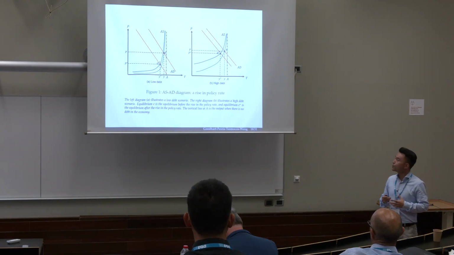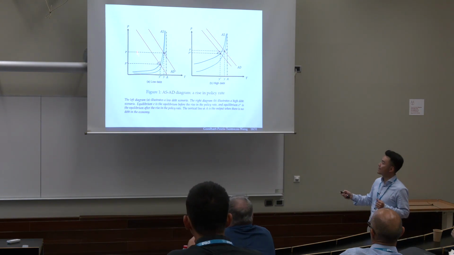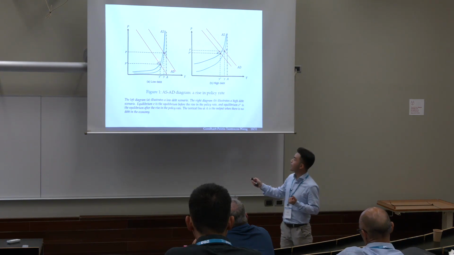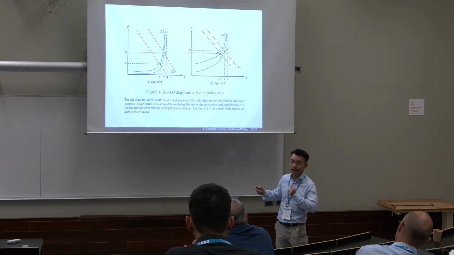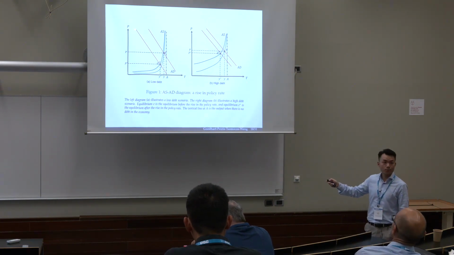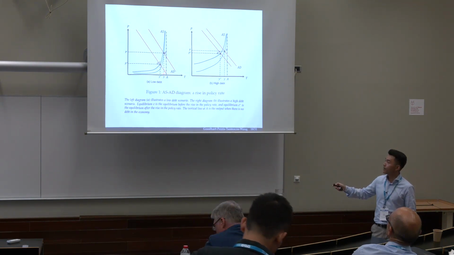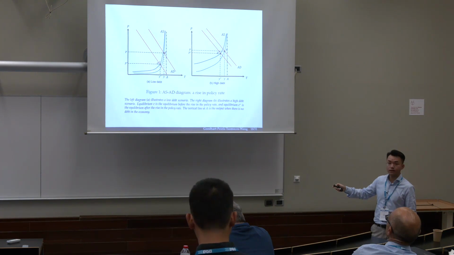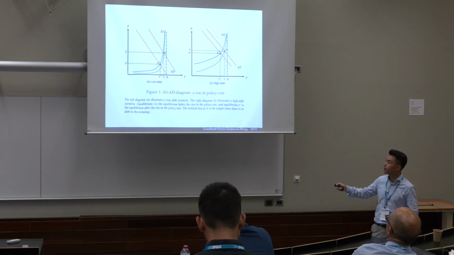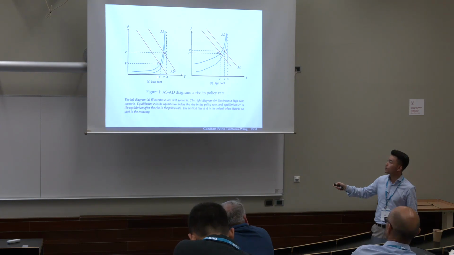Graphically, let me show you what's going on here. If we look at the left-hand side, I'm plotting the AS and AD curves that we derived from the simple model. The horizontal axis is output, the vertical axis is price level. The original equilibrium E is here. After the monetary contraction, the AD curve moves to the left, and the AS curve in the low debt scenario is quite inelastic. It also moves a bit. So after monetary contraction, we can see a lot of action in terms of the drop in inflation and price level, and also output drops.